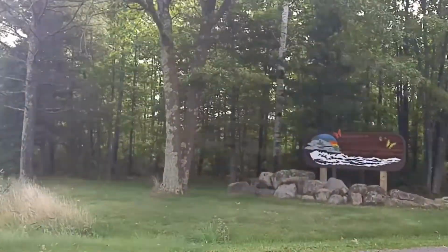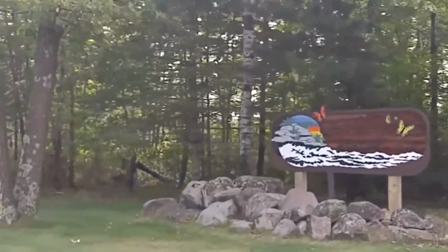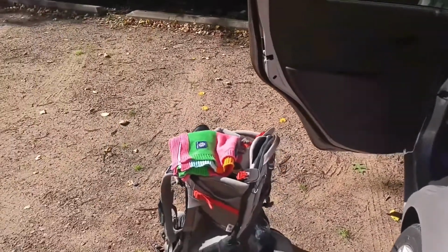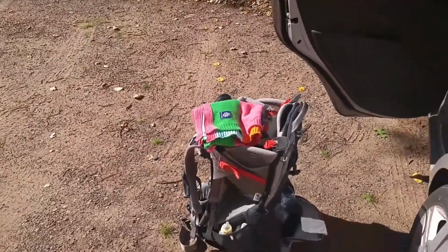Right, we're at Banning State Park. Yeah! Kind of doing a little mini hike here, getting ready for my 3-day, 2-night hike up north, testing out